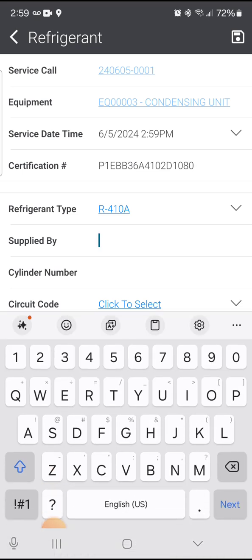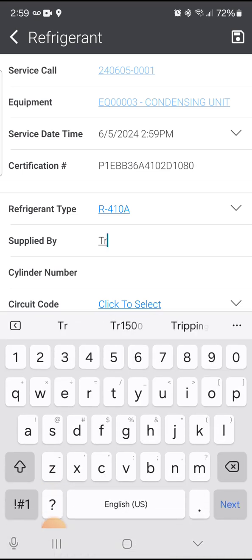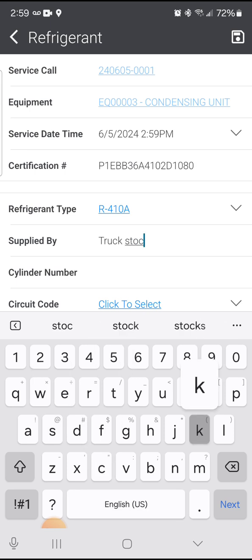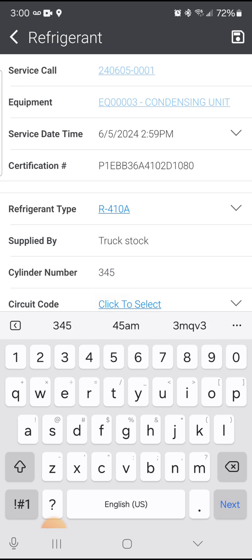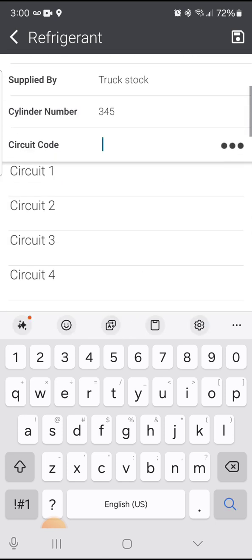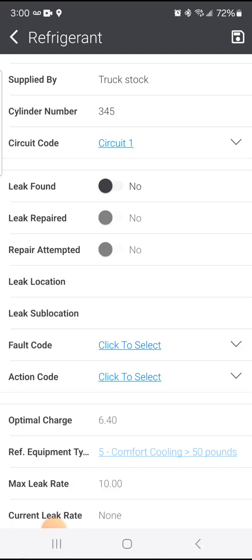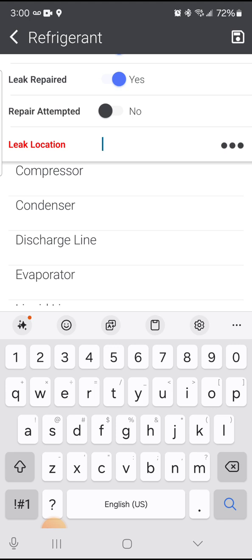I'm going to say that this refrigerant was supplied from truck stock, and the cylinder number was 345. The circuit that I was working on, it was a small unit. There was only a single circuit. I'm going to say that I found a leak. The leak was repaired. And I can select the leak location,